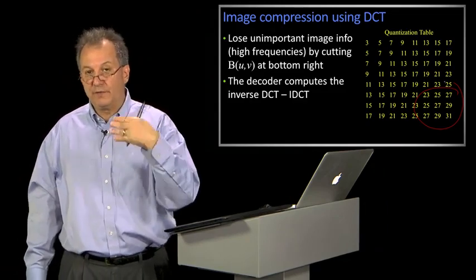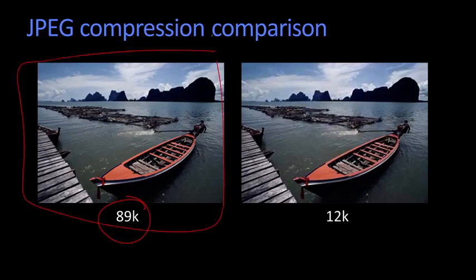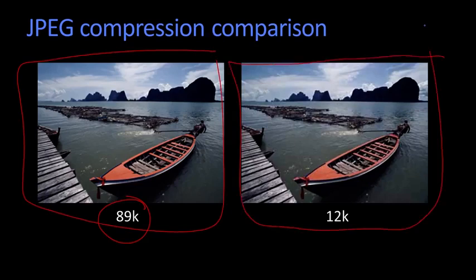And that works really well for the human vision system. If you take a look at your average JPEG image, here's an example stolen from the web somewhere, they used 89,000 bytes of information to represent this picture using just the raw intensities, and 12,000 bytes here, so this is a ratio of about 7 to 1, using DCT coefficients, the JPEG standard. The reason it works